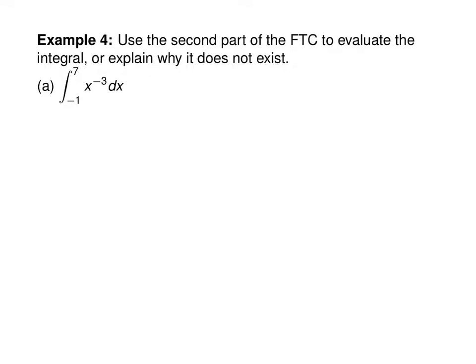So this one, is the function x to the -3 continuous on the interval from -1 to 7? No, it doesn't exist at x equals 0. Exactly. Do you guys agree with his analysis? This is the same thing as 1 over x cubed, just in disguise, right? So f of x equals 1 over x cubed is not continuous at x equals 0, which is within the interval. You could do that integral if I had said 1 to 7. Does that make sense? But because 0's included in the interval from -1 to 7, you cannot do it,